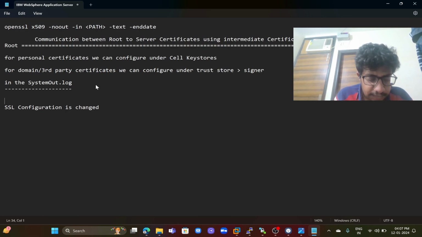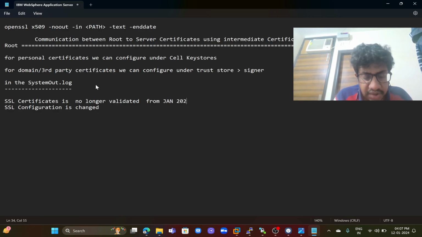This is second. The SSL certificate is no longer valid, no longer valid, from 11 January 2024, 21:36 GMT, to